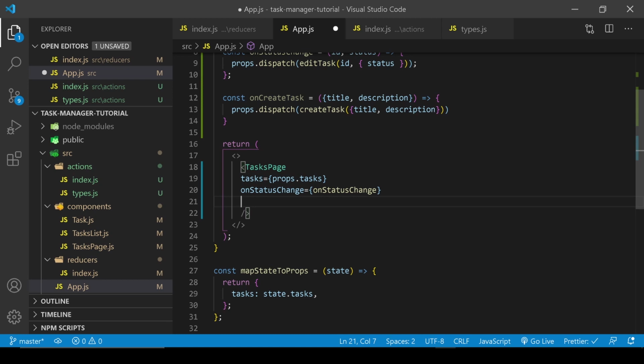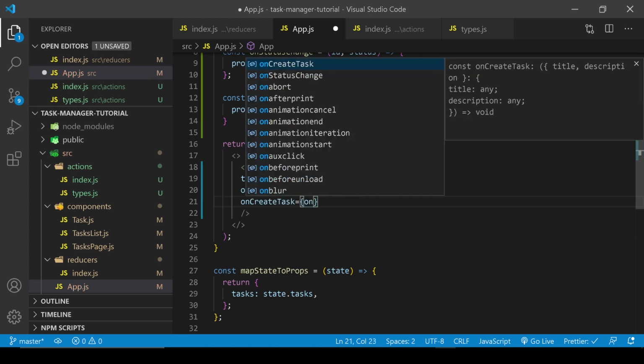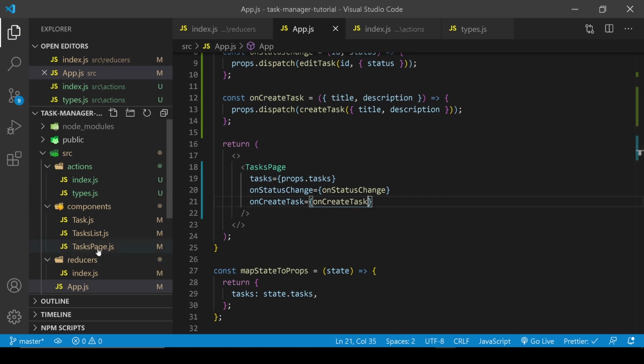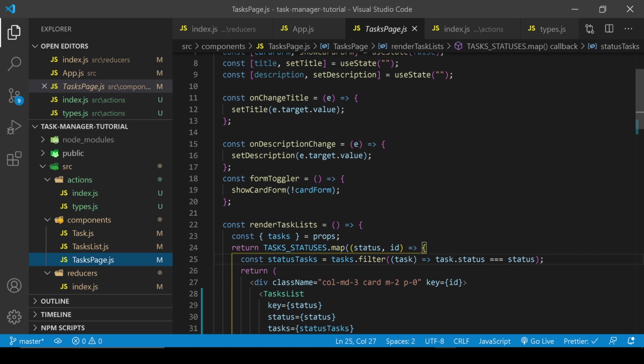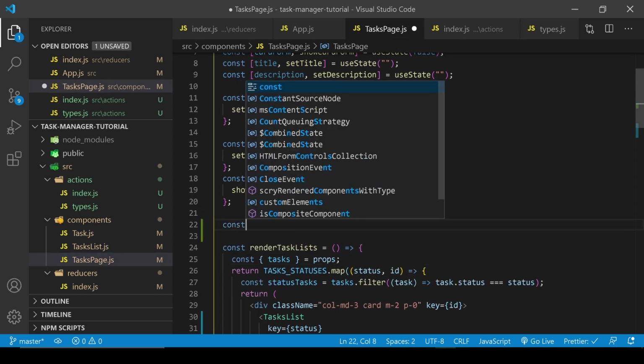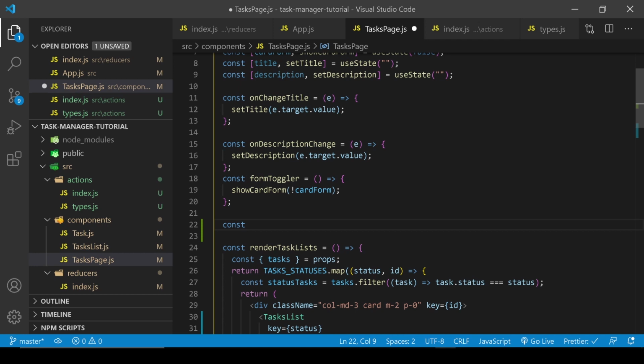Okay, so we can dispatch there, sent to the store. On create task I use this suggestion, and on create task again. All right, save. Let's go to the task page, and right here let's create task method, const, gonna name it